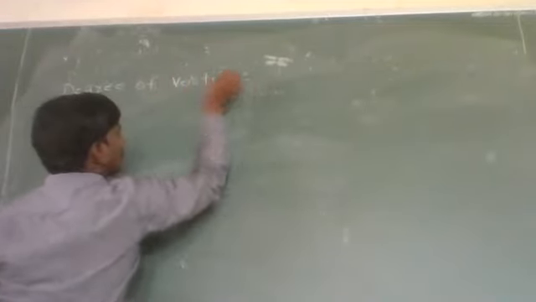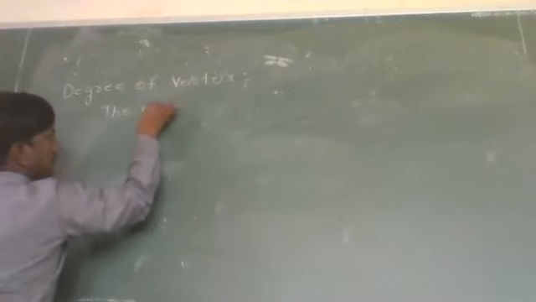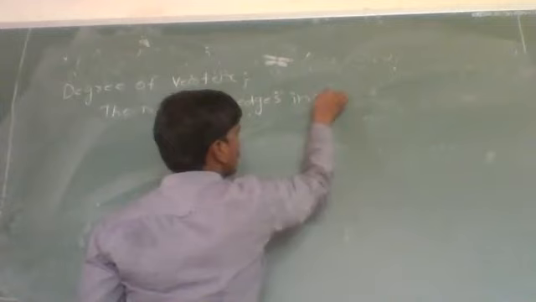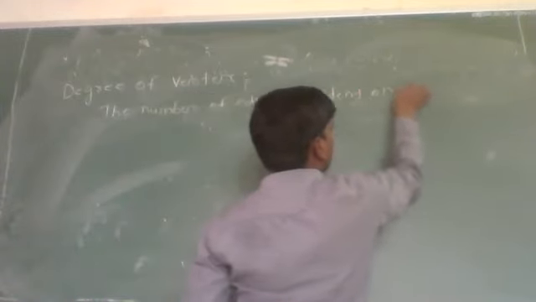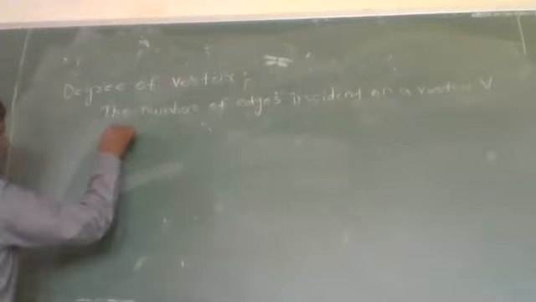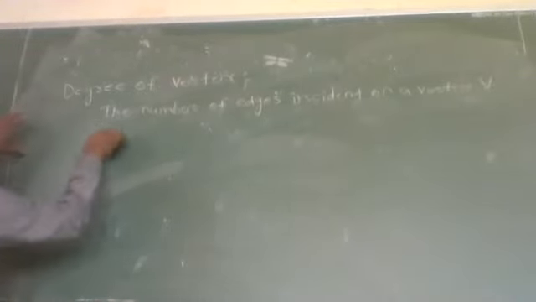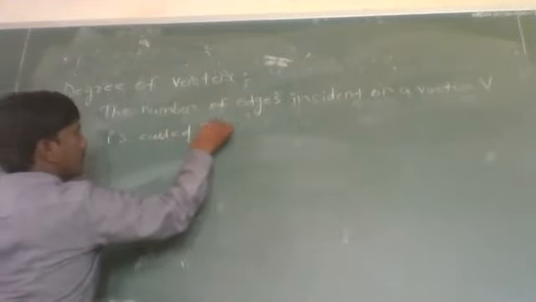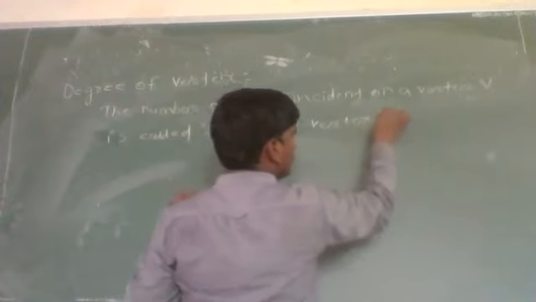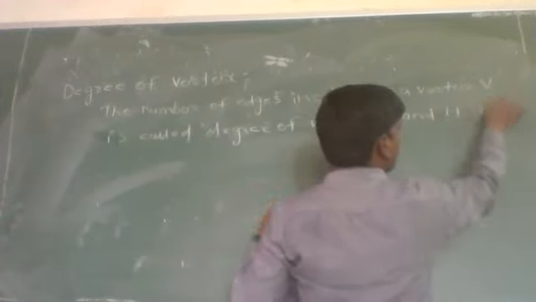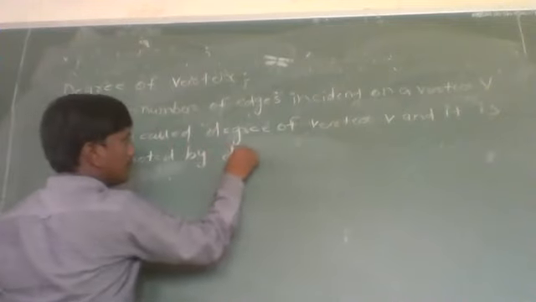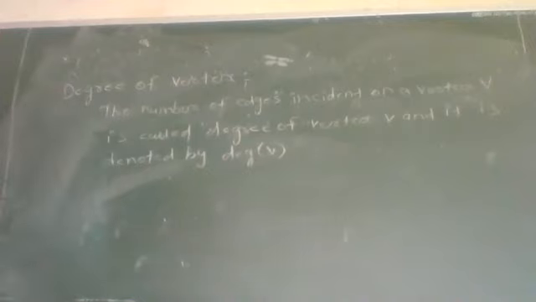The number of edges incident on a vertex V is called the degree of vertex V, and it is denoted by deg(V). For example,